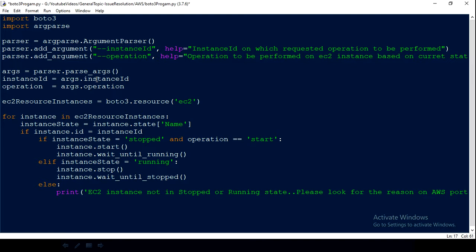Because if it is stopped and the operation requires a start, then only this needs to be done. And if it is in a running state and the operation is equal to stop, then this needs to be done,